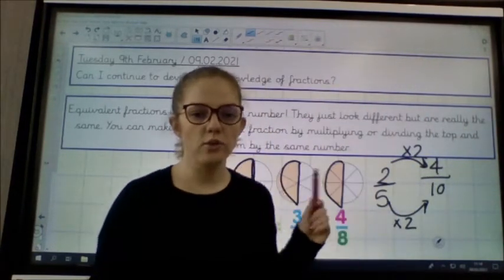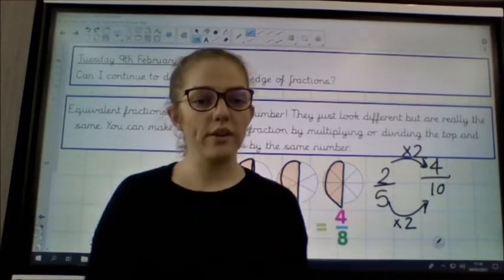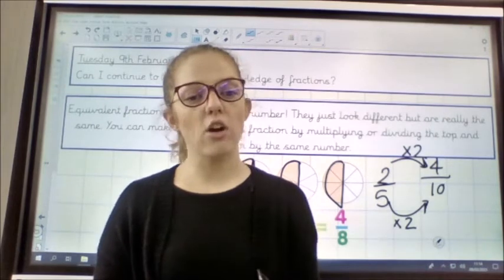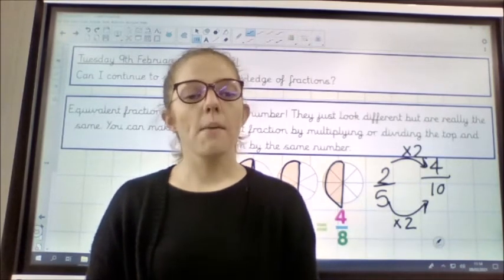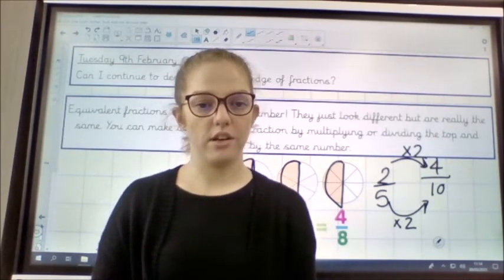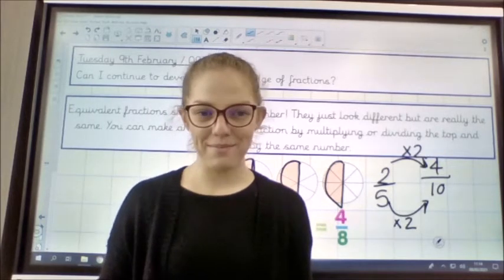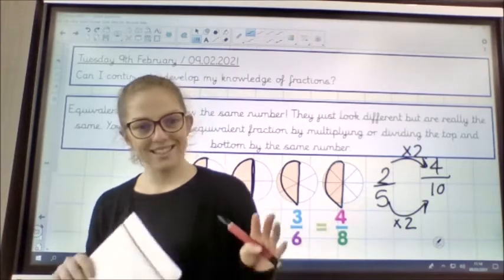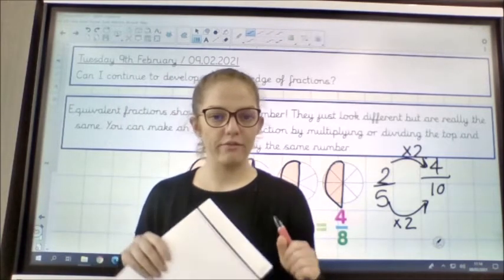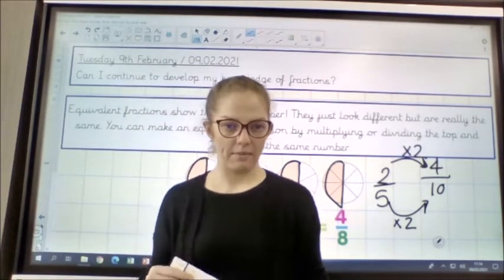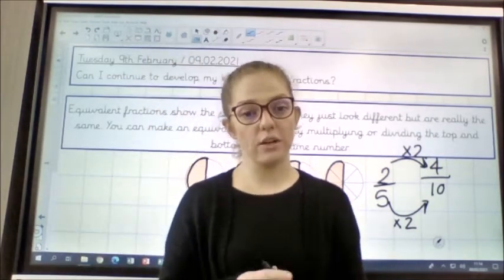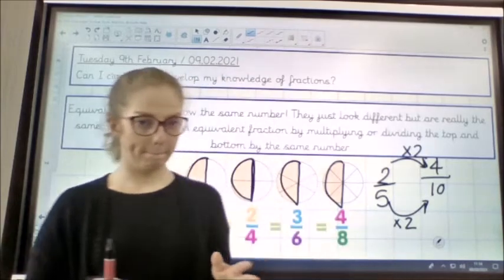Now those two fractions are equivalent because they will show the same amount. It's just that they are represented differently by using different numbers. Okay, I hope that makes sense. If you are finding that you are still struggling on equivalent fractions, please let me know, because this is new. We've not looked at equivalent fractions yet, but